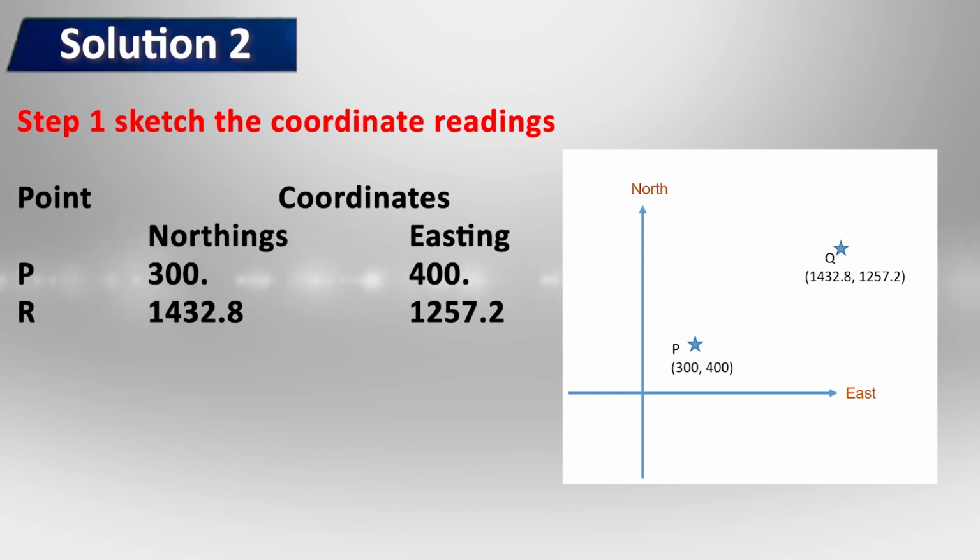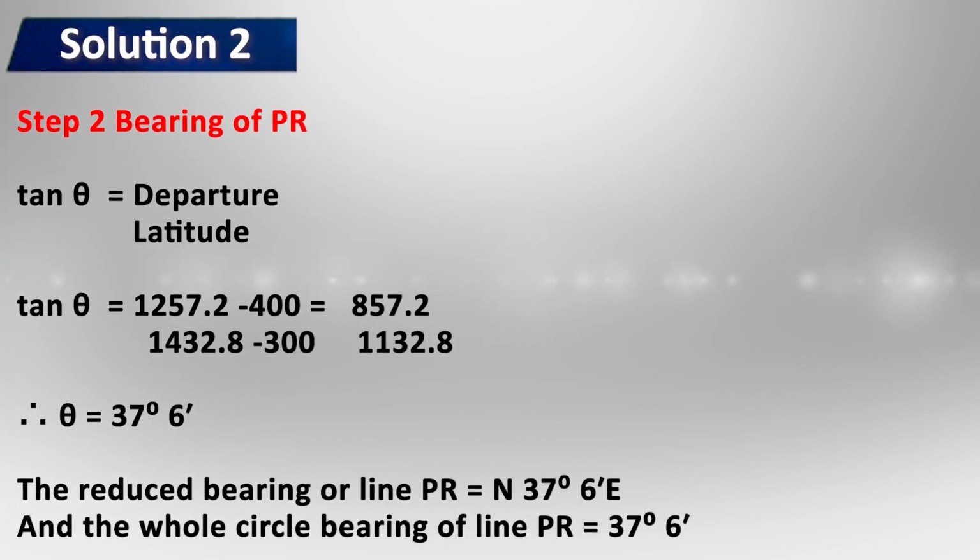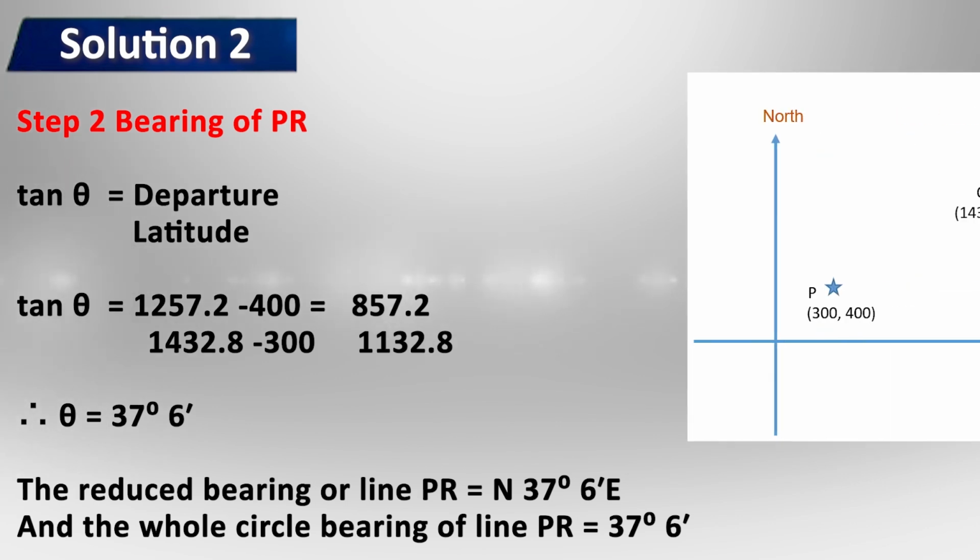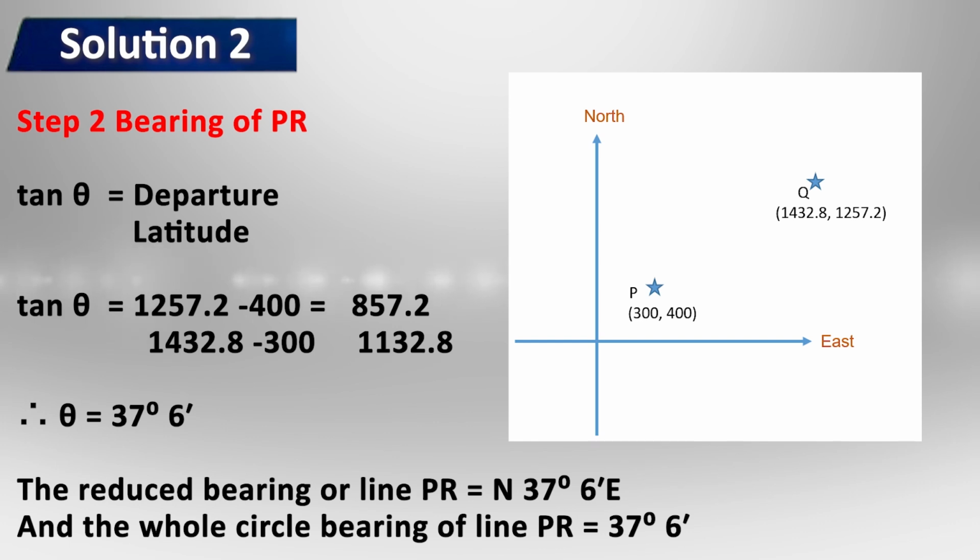As we can see, both the points P and R have north and east coordinates. That means both P and R will lie in the first quadrant. Now we will find the length of PR. The bearing of line PR, or the angle theta, is equal to (1257.2 minus 400) divided by (1432.8 minus 300). It is equal to 857.2 divided by 1132.8, and when we calculate the tan inverse of the above ratio, we will get theta as